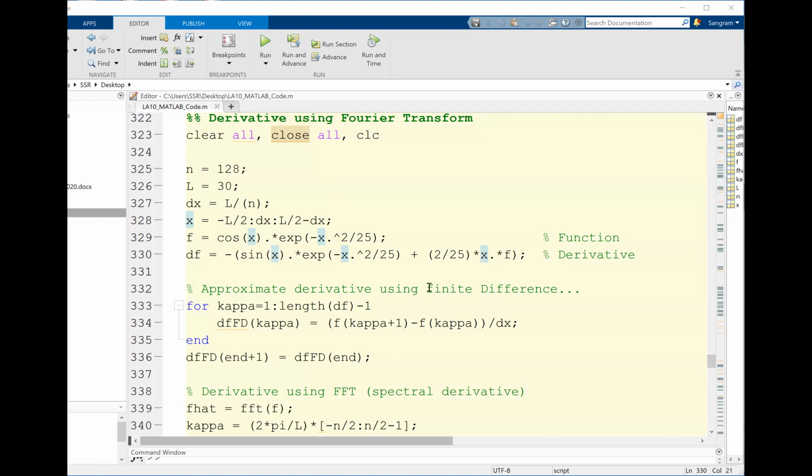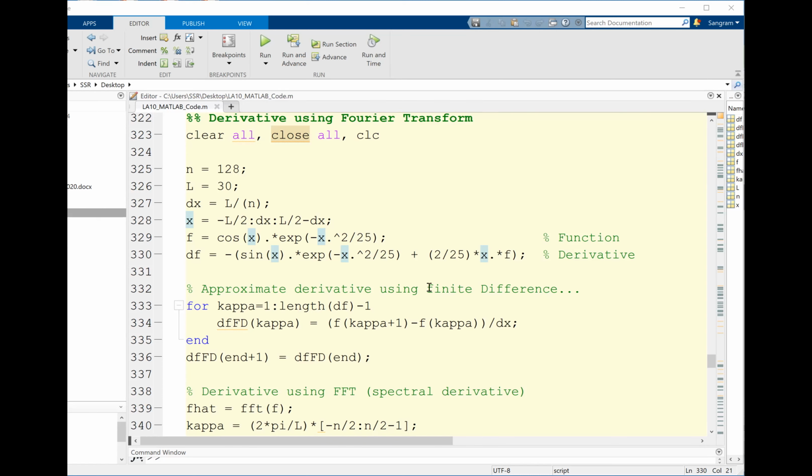So now what I want to show here is you can go through the code, but what I'm trying to tell you here is you have the true derivative, which is actually found out using df by dx. Then I have found out the derivative using finite difference, and the finite difference means the next value minus previous value divided by the time step. So basically, it's nothing but the slope of that function. So I'm finding out the instantaneous slopes, and that is actually giving me the finite difference.